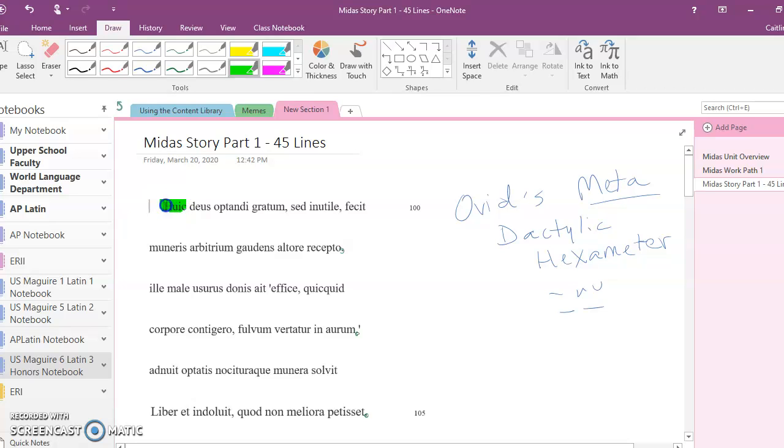Huic, dative, all right, to this guy, and then I immediately get a subject, the god, and then I'm like, nope, that's not a verb, it's genitive, that looks accusative, that looks accusative too, so probably gratum and inutile, it's like pleasing but useless. What's pleasing but useless? Where's my accusative noun? It's not fecit, it's arbitrium. Okay, so I've got a pleasing but useless gift as the direct object, and the verb here was fecit. To this guy, the god gave the pleasing but useless gift, and I just got to fit in the genitive that was thrown in there.